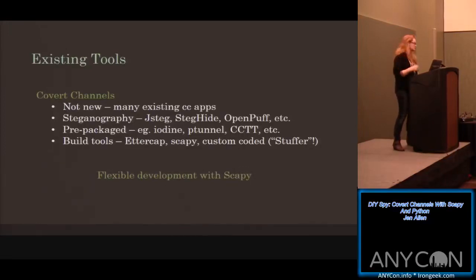You can Google these. There's lots more. I just grabbed a couple of them as examples. And these are all pre-built tools, so they have a pre-built designation. And the problem with that is that you can't really customize it. It's not as flexible. So what I want to talk about today is build tools where you can more flexibly and dynamically create covert channels, possibly switch communication mechanisms in transit.